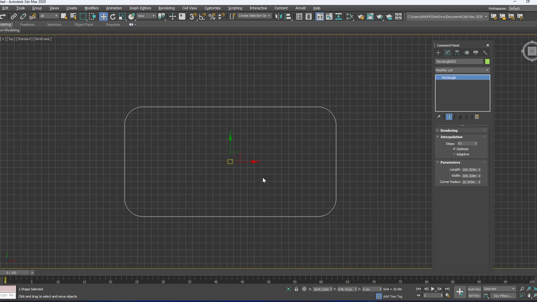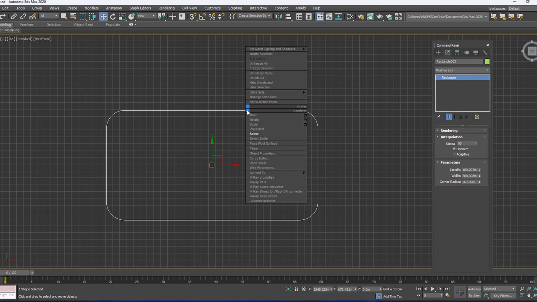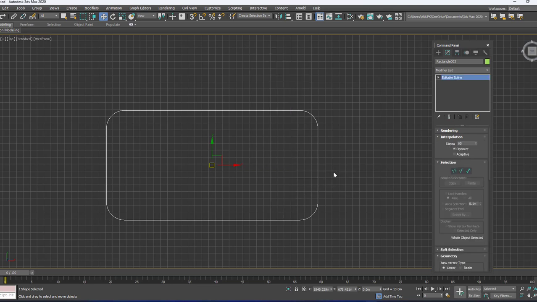But like a line, this is not converted as a vertex, segment and spline. In order to edit this, we have to apply one more property, that is convert to poly. For that you can right click and say convert to, and then editable poly.